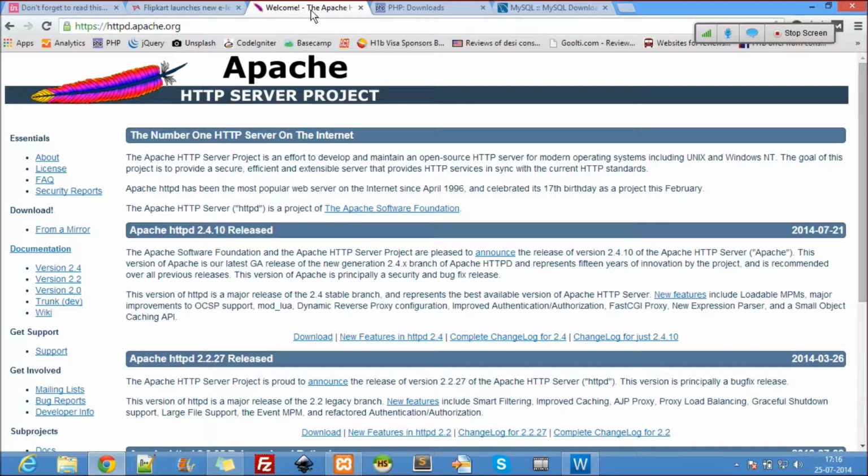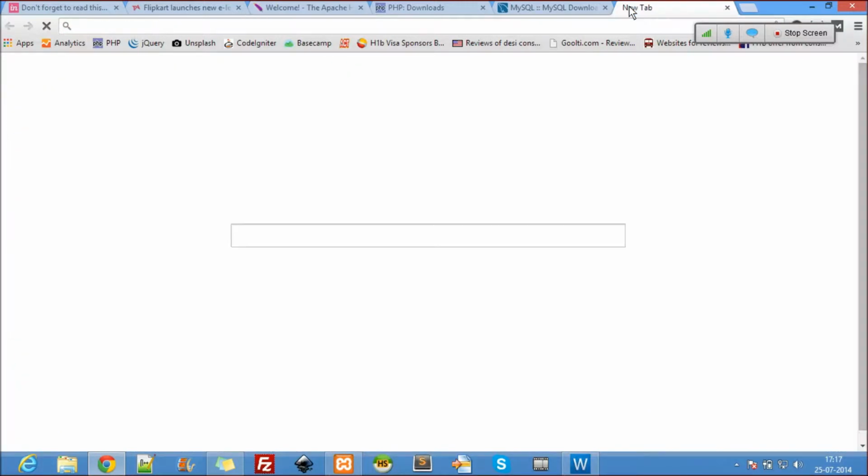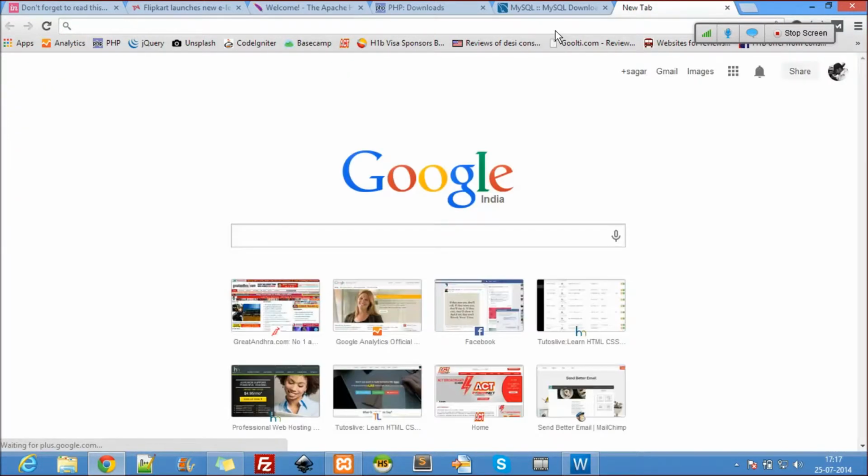First you have to go with the Apache installation. Then if you are using Unix, Windows, or whatever it is, there's a process for it, but I don't follow this process. I always want to follow the lazy process wherein nothing much should be involved. But if you are a core programmer, or if you want to be a geek in these subjects, I suggest you go with the from-scratch installation, and explore by yourself. I really don't want to do that. I'll go with the easy route anytime, because I don't want to be an explorer on these sites. I want to be a programmer on a different side.